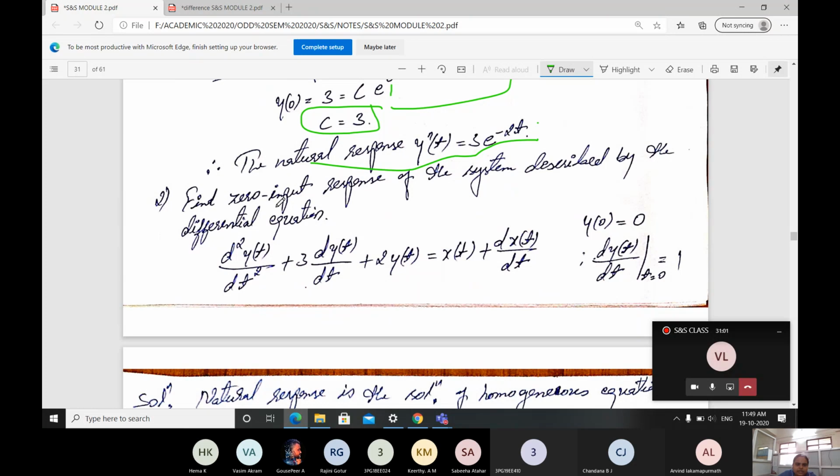The second problem is to find the zero input response of the system described by the differential equation. That is, the differential equation is d square y of t divided by dt square plus 3 into dy of t divided by dt plus 2 into y of t is equal to x of t plus dx of t divided by dt. The condition here is given as dy of t